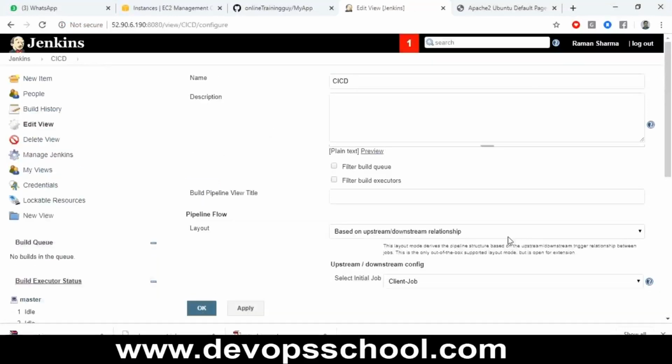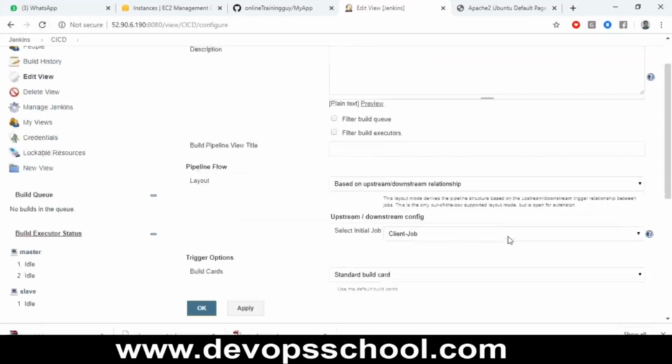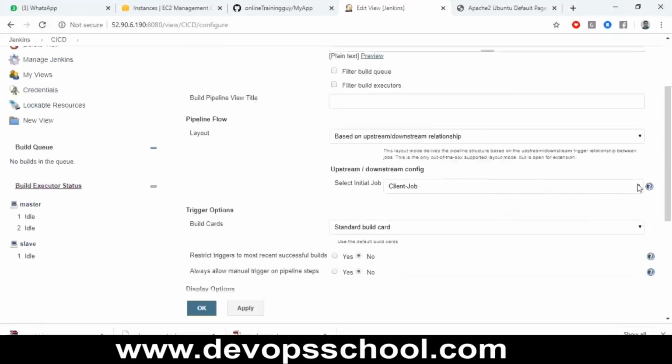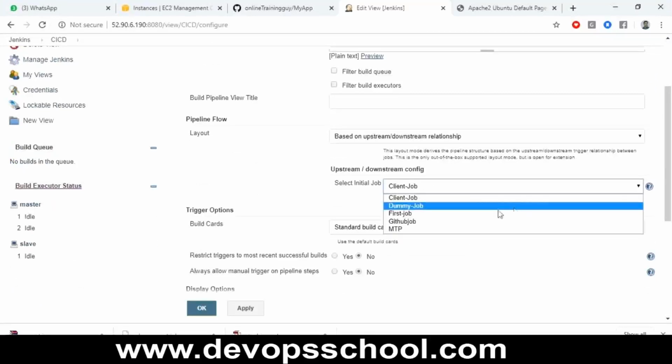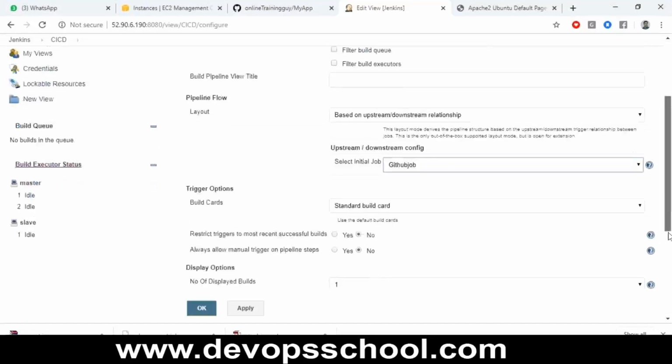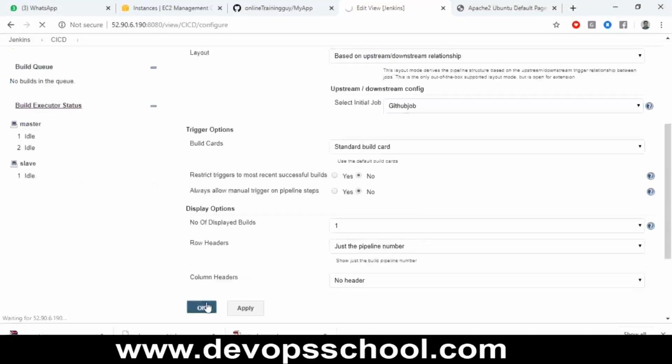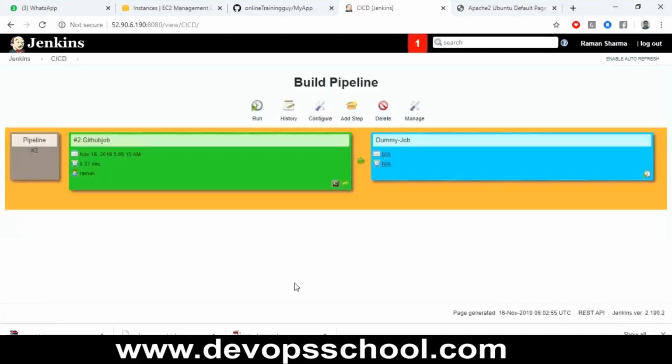Okay, and here you need to basically say which job is to be executed. What is your initial job? My initial job is my GitHub job. And click OK. Okay, so now my pipeline is created where it says there are two builds already done for the GitHub, and nothing has happened for the dummy job so far. Okay, now I want everything to be automatic, so I need to go to my